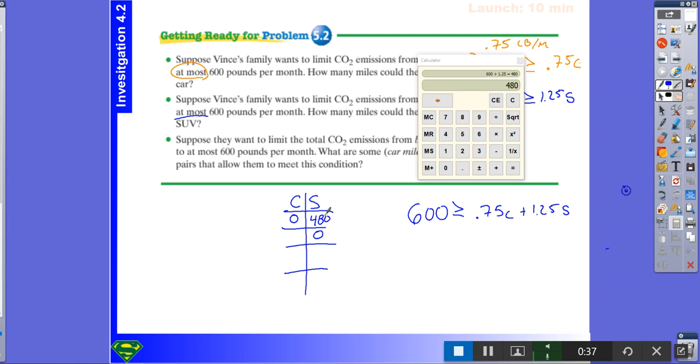That is not very much. So then flip that around. If I have 0 for the SUV, how far can I drive my car? So 6,000 divided by 0.75, and I can get 800 miles